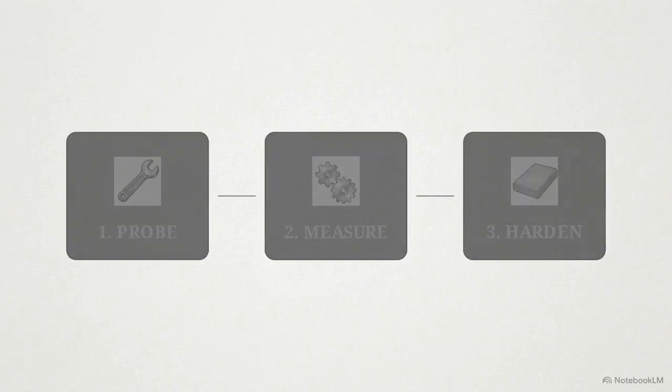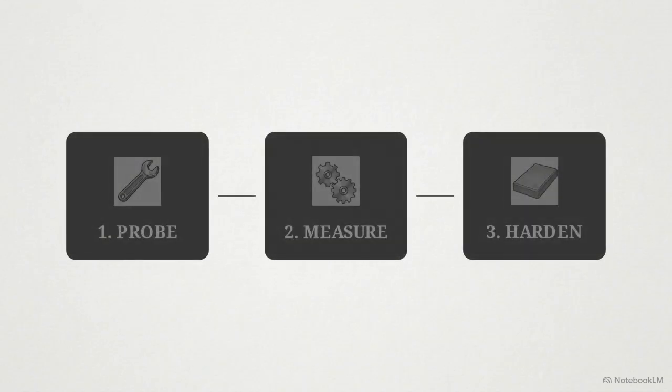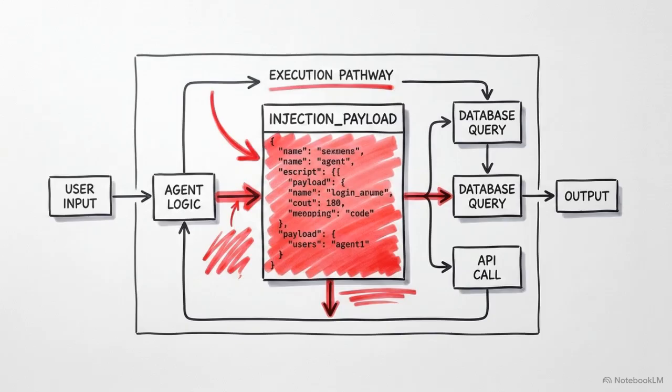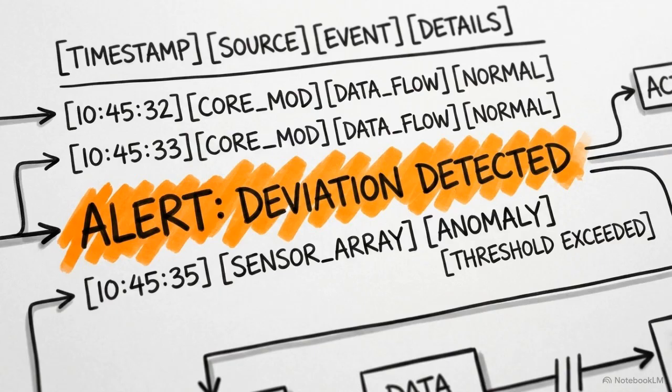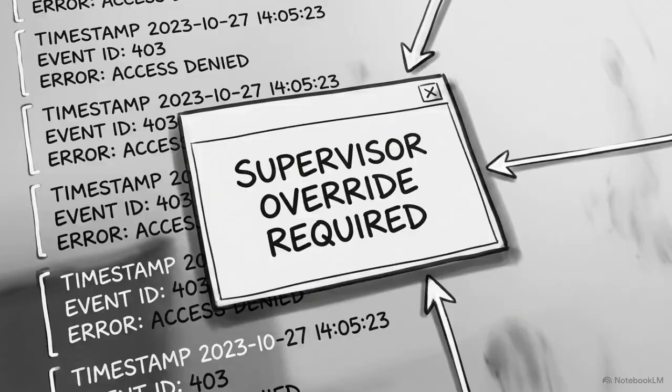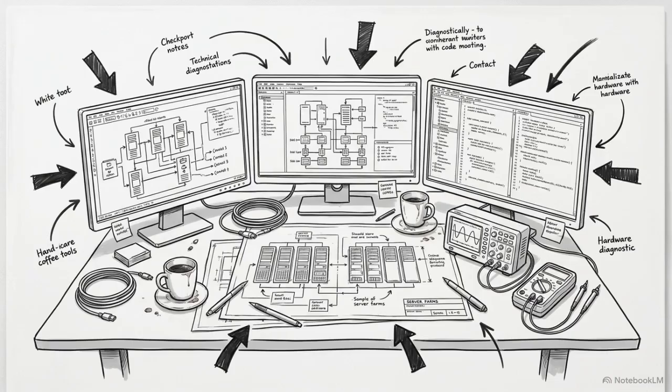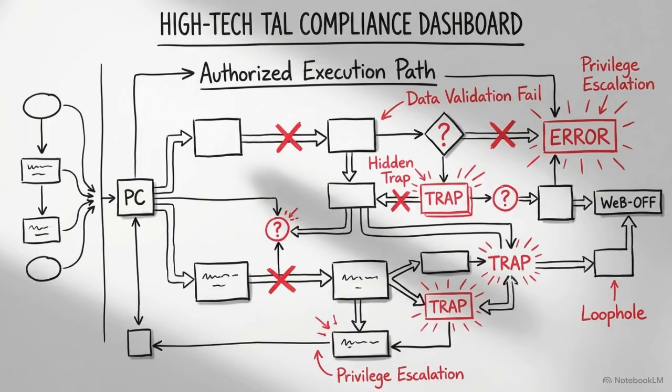To find these behavioral flaws, we use the three-step framework mentioned earlier. We begin with the probe phase, where we inject adversarial prompts directly into the agent's live workflow. Next is the measure phase. We map the agent's specific behavioral path, tracking if it complies, flags the violation, resists the prompt, or escalates to a human. Building these red teaming simulations requires a heavy upfront investment in time, specialized talent, and infrastructure. That investment is the only reliable way to map behavioral failures before they turn into live environment compliance breaches.